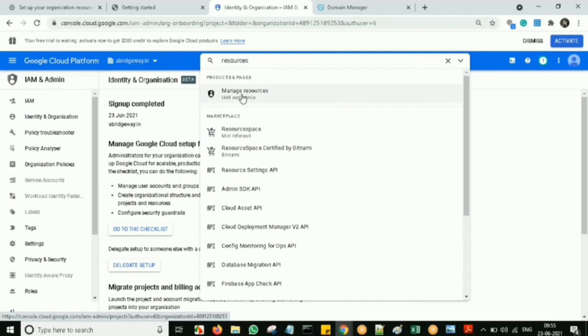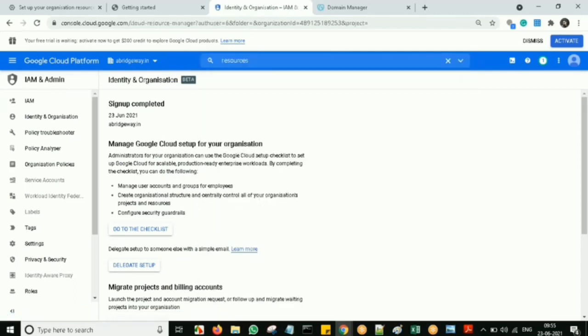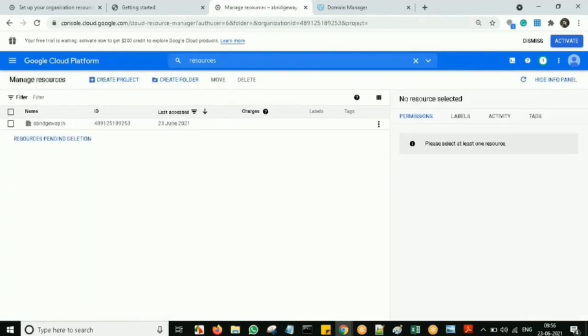If you browse resources, you'll get manage resources. I can come here. Now here it will list out that hierarchy. So actually it is loading. See guys, Bridgeway.in. Now here only I'll go for create the folders, friends. I'm creating the folder with the help of Hitech Venkatesh at the rate of Bridgeway.in.